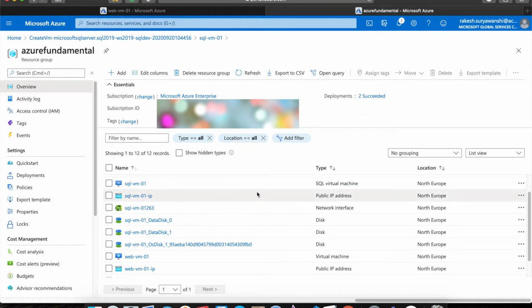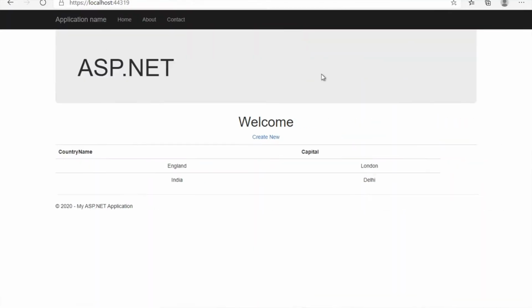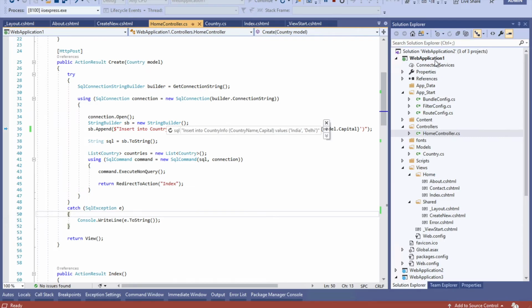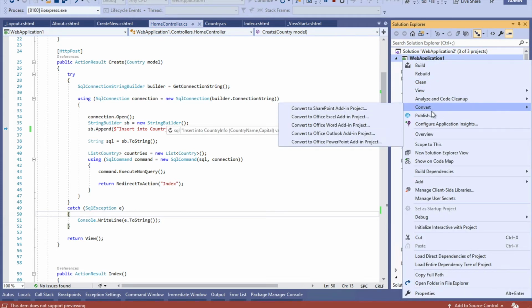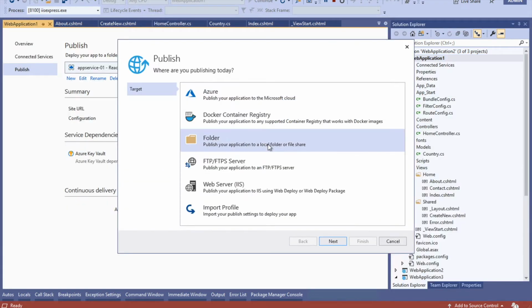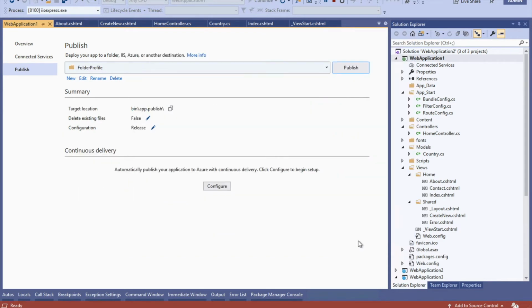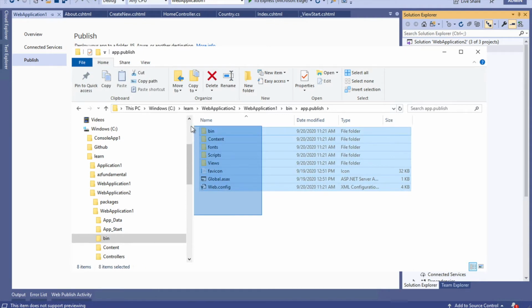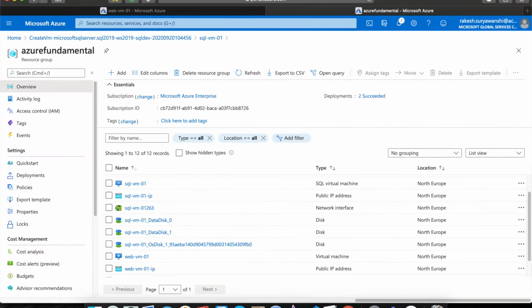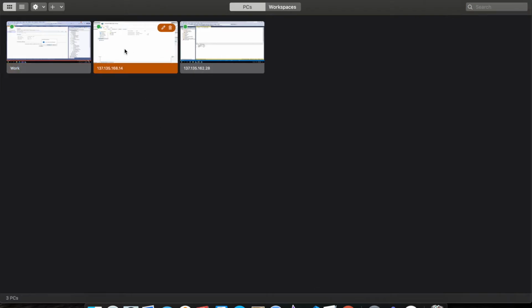Now let me host the application onto the web server. So what I'll do here is I'll go ahead and deploy my application, publish, deploy the application onto the file folder. Application is deployed here on the bin directory. So what I'm going to do now is copy this content and paste it into the web server. So this is my web server,